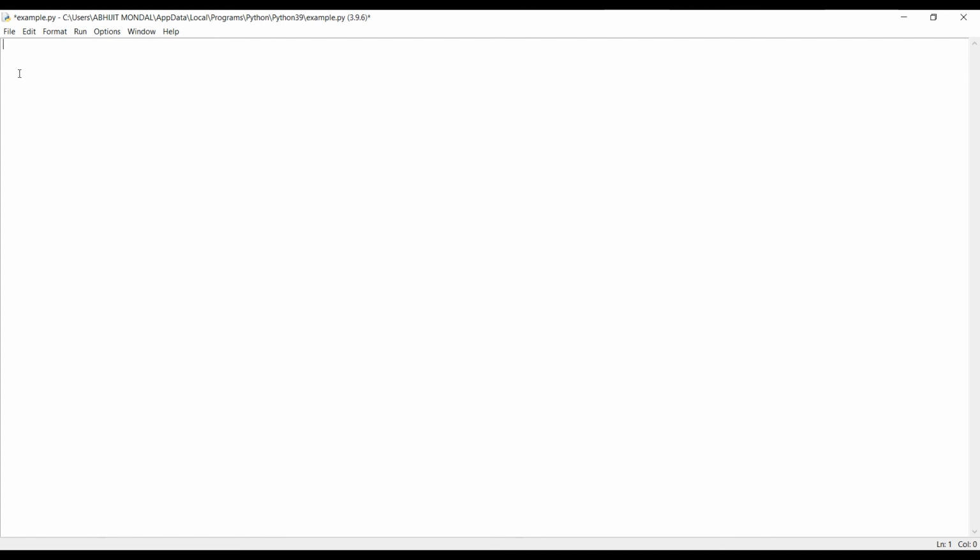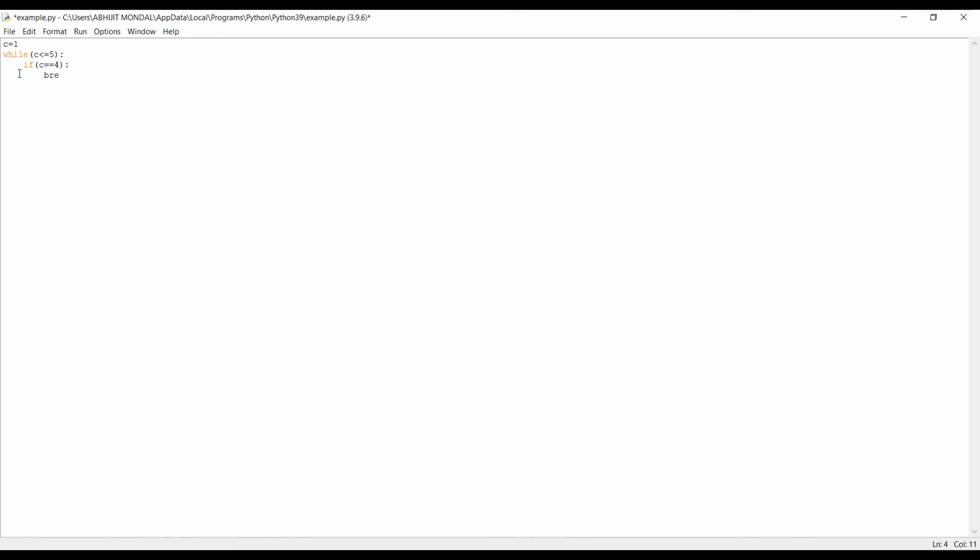So for this we will first declare c equal to 1, and within the while condition it will be c less than or equal to 5, and then we use if c is equal to 4, then we use the break statement.